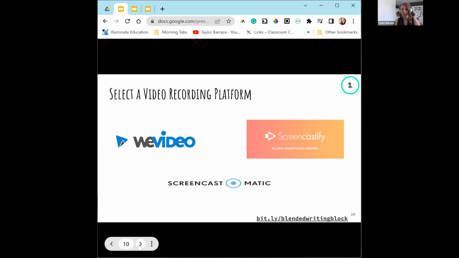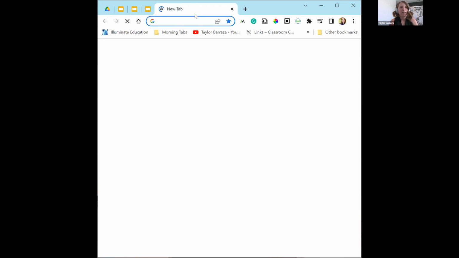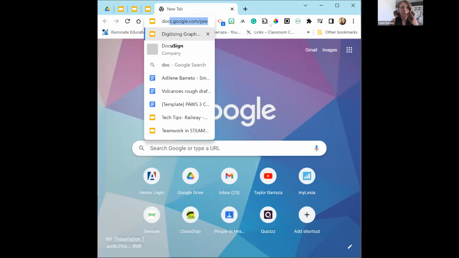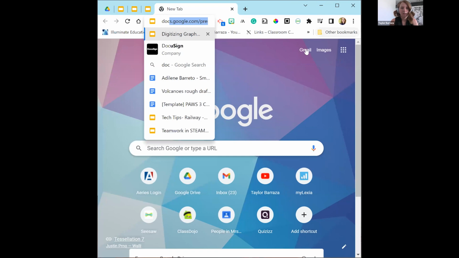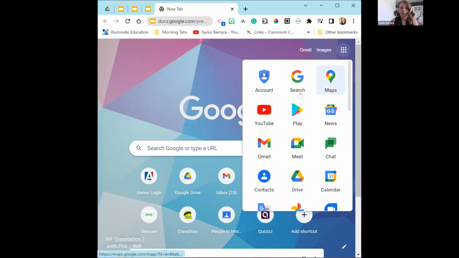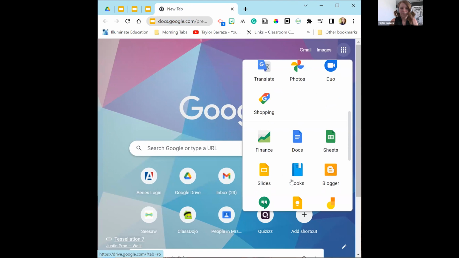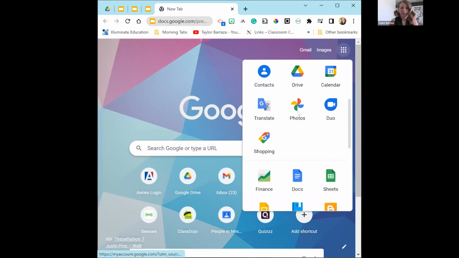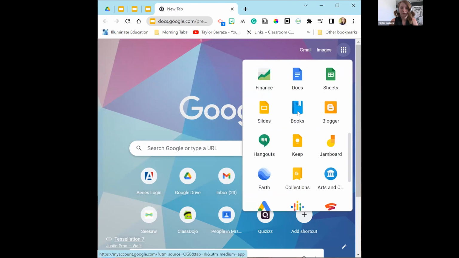So selecting which one you want to use. I highlighted WeVideo and Screencastify. Screencastify is an extension, so it's really easy to use because it's always at the top for me to use. I will actually show you exactly how we might use Screencastify. I'm going to make a doc right now, and pretend I'm going to start having that writing lesson. So if I'm on the draft part of it,